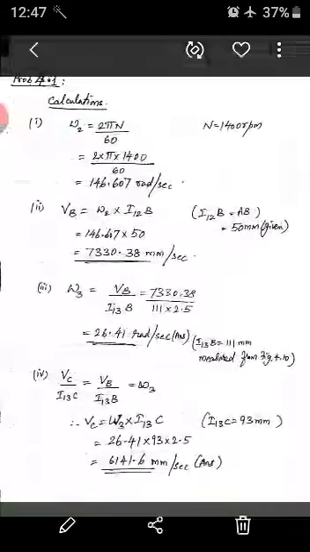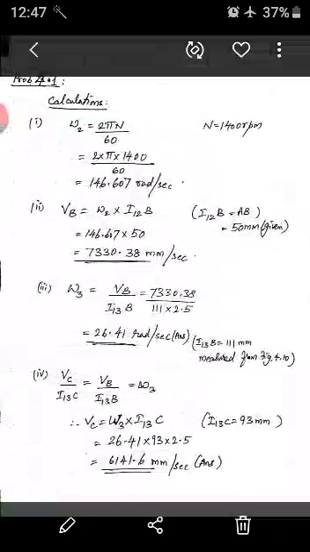Okay. Now let us go to the next slide. See the calculation. I24 is ready, I13 is ready. So start with link 2. Omega 2 is equal to 2 pi N by 60. Omega 2 is always calculated using N. N is given in the problem, 1400 rpm. So 2 pi N by 60 gives 146.607 radian per second. Now come to the original formula. Vb is equal to omega 2 into I12B. Because B is on link 2, we are writing I12B.